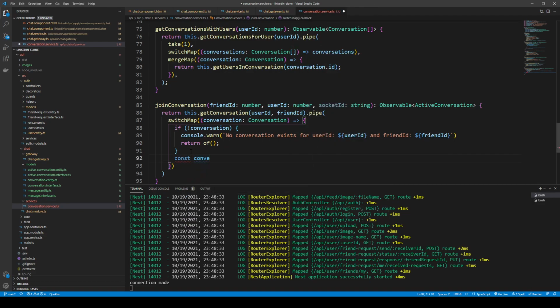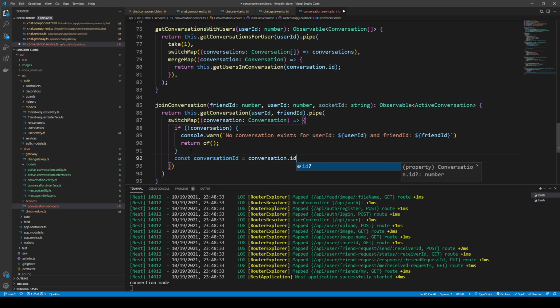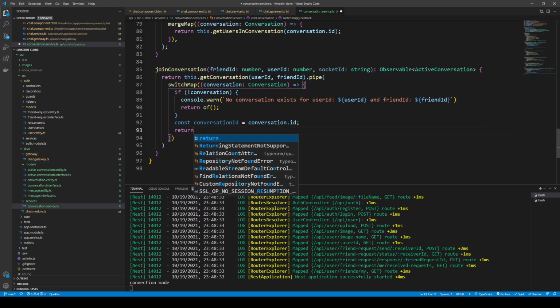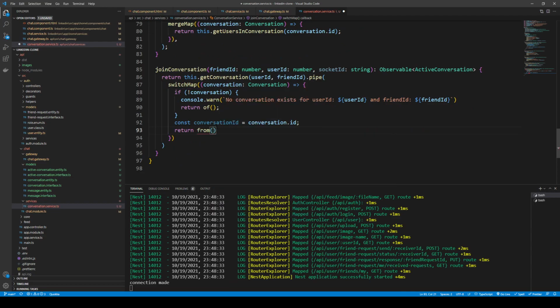So we can have a constant variable here called conversation ID, which, since we've made it past here, we're obviously going to have the conversation, and every conversation has an ID. So I can just go ahead and return from